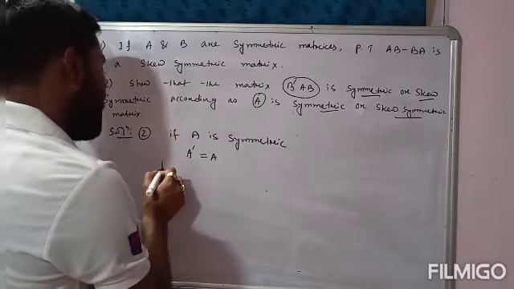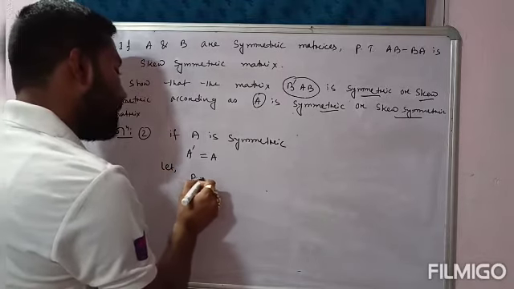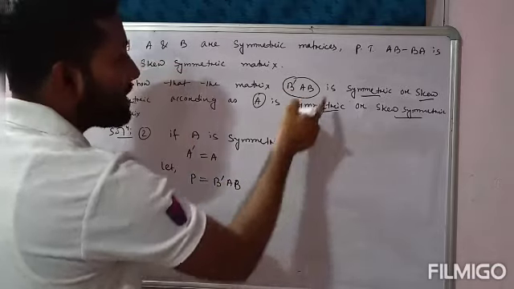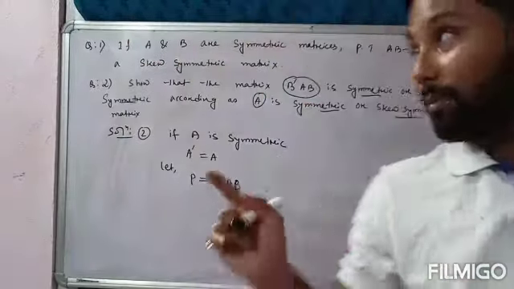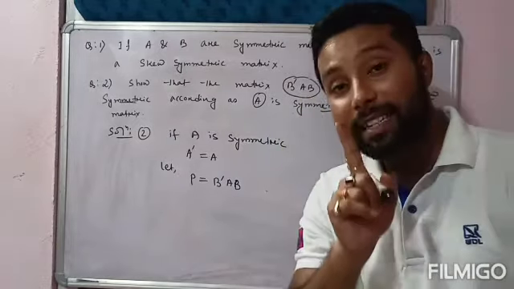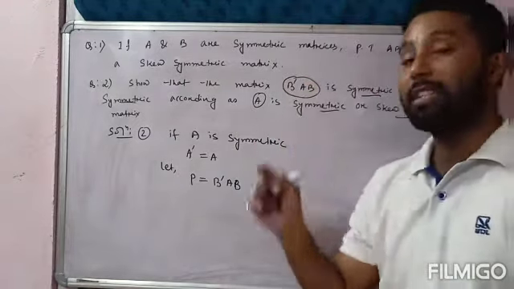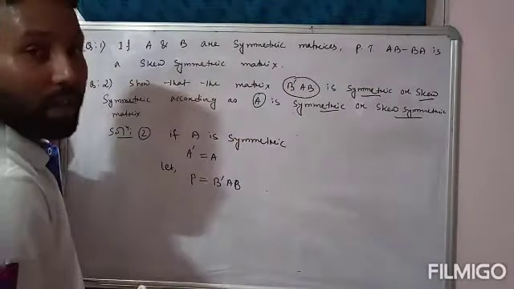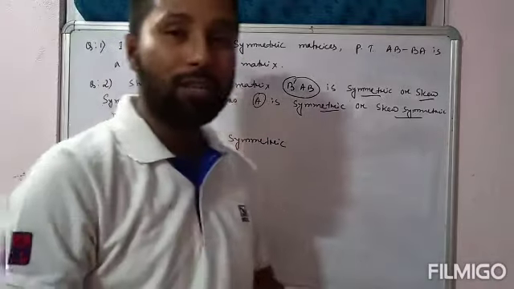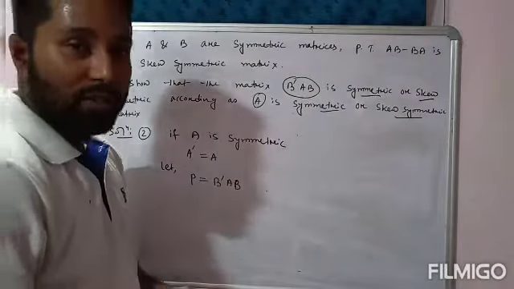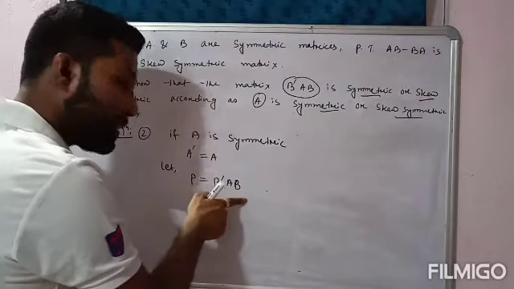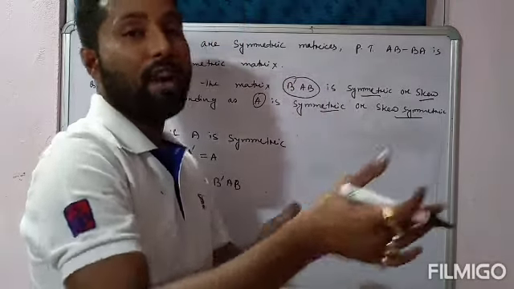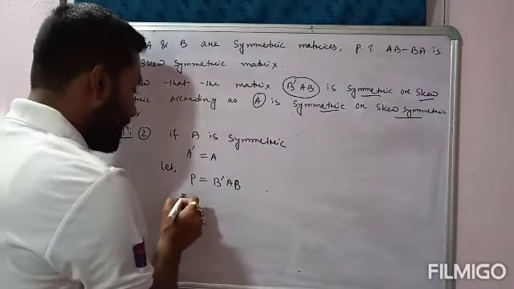Yes? Okay. Now, let P is equal to B transpose AB. Again, I am repeating that B transpose AB is a single matrix. You have to show that this matrix is also a symmetric matrix. So P equal to B transpose AB. Then what you have to do? Again, just like theorem number 1, 2. You have to take transpose on both sides because you have to show that this one is a symmetric matrix. So whether it is a symmetric or skew symmetric, it doesn't matter. Always you have to take a transpose. Okay. So take a transpose on both sides.